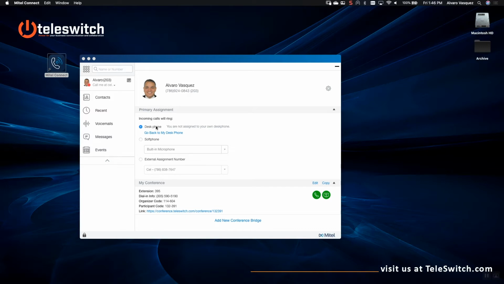When selecting desk phone, your primary telephone, meaning the phone on your desk, will be assigned for inbound and outbound calls. Selecting soft phone will make the computer running the Connect application become your telephone. You will need a media set, meaning speakers and a microphone, or a supported headset to use the soft phone